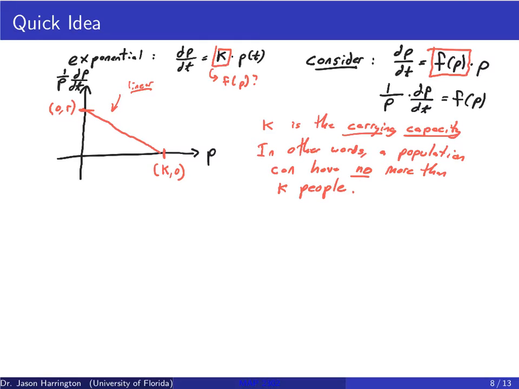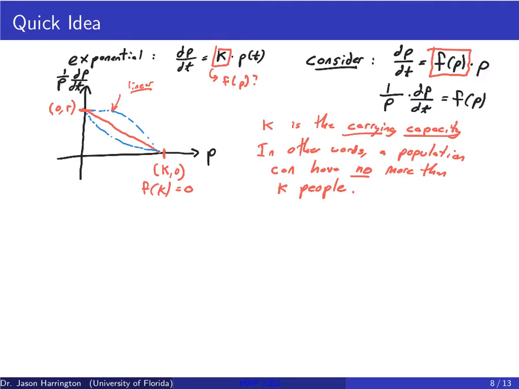And of course I made it linear. Some of you may say, well, why didn't I just make a different curve? Like maybe it comes down here, or maybe it's over there. And the answer is, yeah, you can do that, but it's just harder to solve. And also note that f of k is equal to 0. But if you ever have any spare time and you say, okay, I want to change this model, you certainly can, as long as you have reasons for doing so.